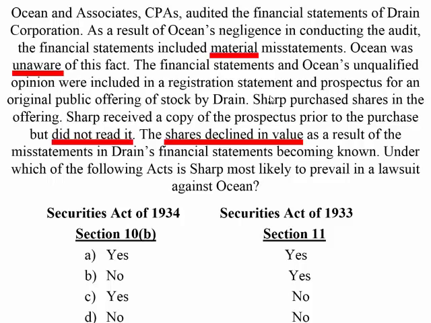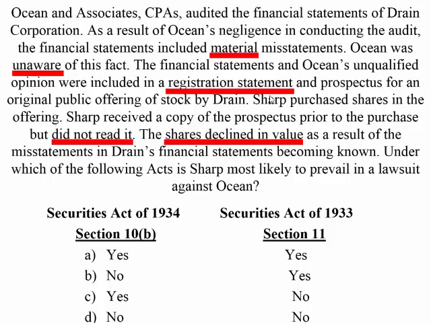But another consideration when we're thinking about Securities Acts 1933 and 34 is whether the misstatement was in a registration statement or not. And so, in order to apply Section 11, it has to be a material misstatement contained in a prospectus or the audited financial statements contained in a registration statement. It cannot be from ongoing trading of securities. But the reverse is not true.